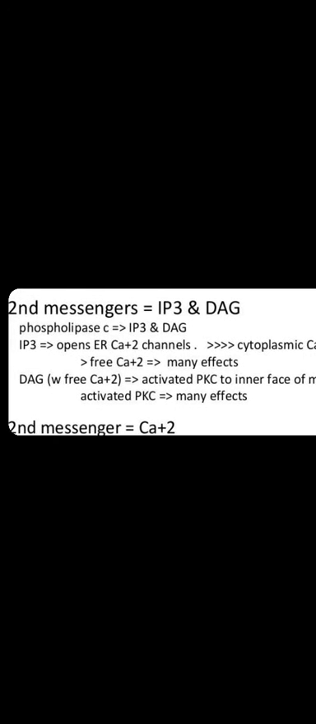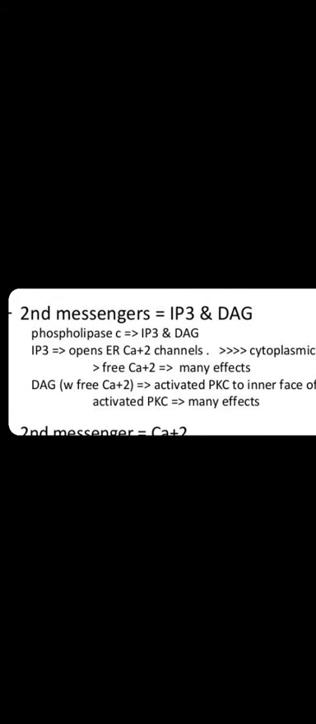That means IP3, DAG, and calcium are all controlled by the same type of mechanism. They control the same type of calcium activity, so it is called signal convergence. So coming to the second way of activation, the G protein also activates phospholipase C, which will activate the inositol